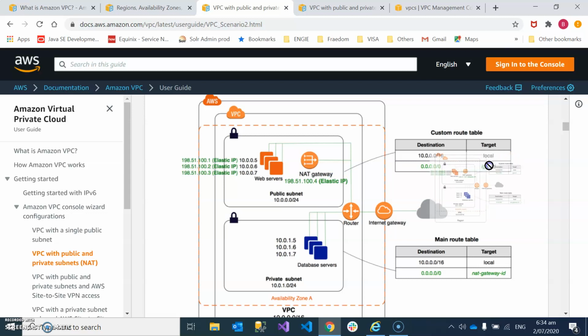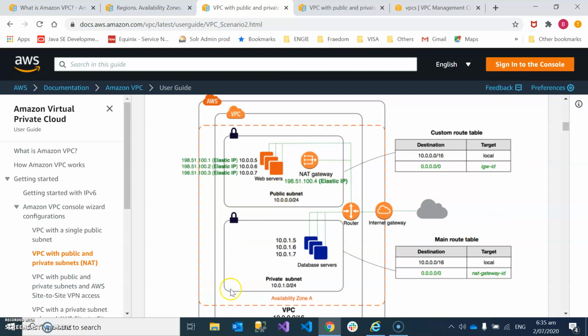This line represents an internet gateway attached to a subnet, and now the internet can reach these resources, such as your EC2 instances or any other service hosted in the public subnet. There is bidirectional communication between the resources in the public subnet and the internet gateway.